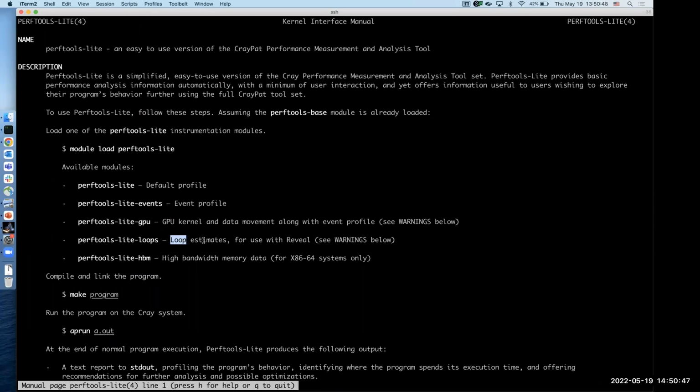Okay, so this will give you loop estimates. Normally, this is also used for Reveal. Reveal is our parallel programming porting tool. You can use this loop information to convert your loops to OpenMP regions to help speed up your code. I won't be talking about Reveal today because that's a much bigger topic that we could spend a couple hours on, but I wanted to give you an introduction to